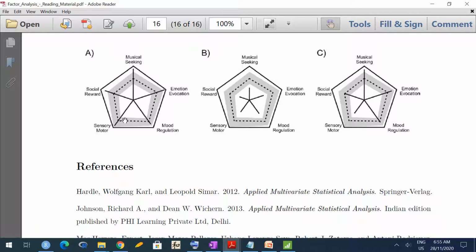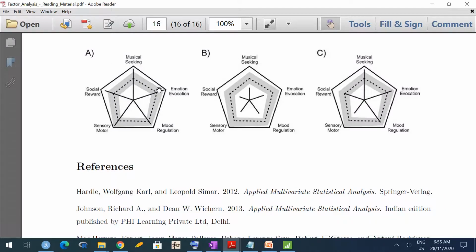In the innermost pentagon, the lowest value has not been recorded, and this grayish pentagon gives confidence bands, and the dotted pentagon is the average for each factor, and the arrows going out from the center are values of an individual person.